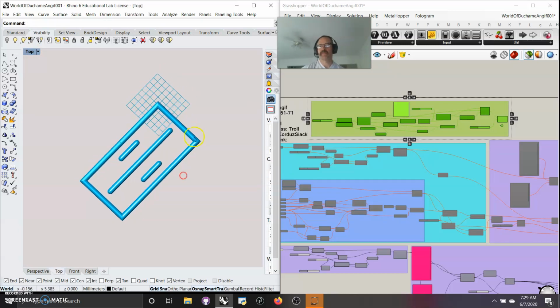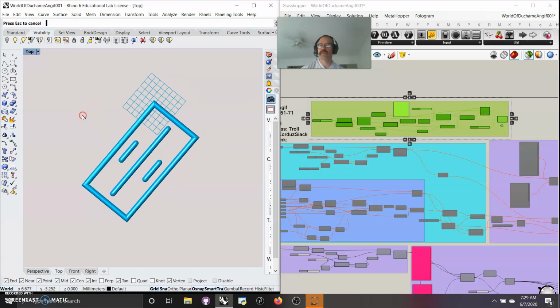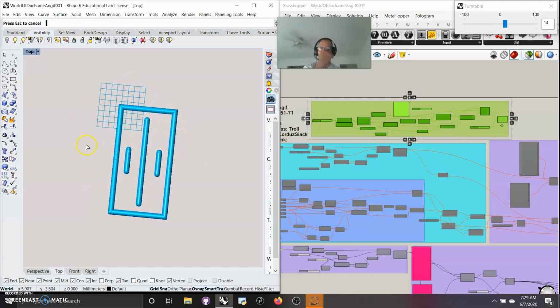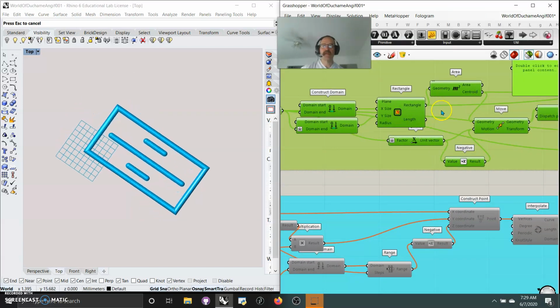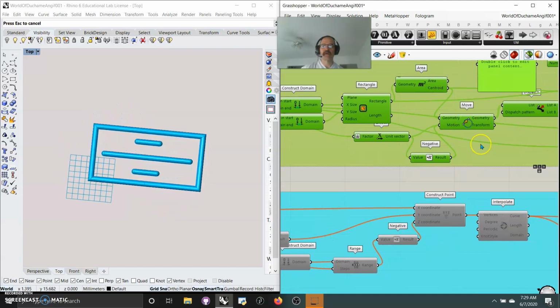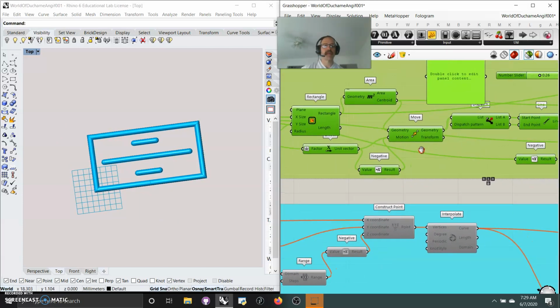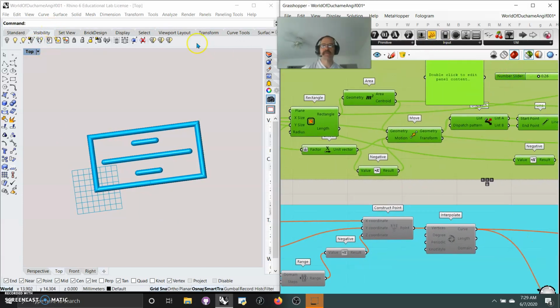I'm not sure why my top view rotated there. Oh, it's because it was on turntable. So I can straighten that back out. But the script is fairly simple. Rectangles made, finding center. I'll just stop that, leave the turntable,